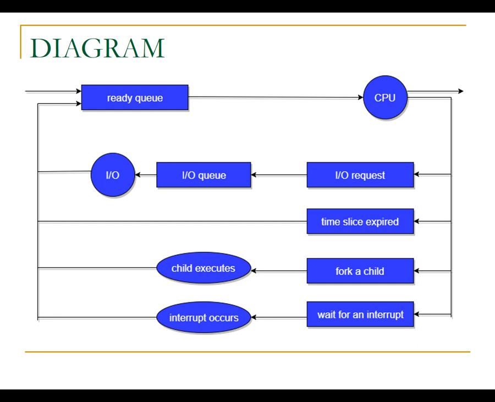This is the second part of the process state diagram, where you can see several components, like the ready queue, assigned to the central processing unit. The central processing unit forwards it if everything is perfect; otherwise it checks for an input/output request or time slice. It is considered a fork child and waits for the interrupt.